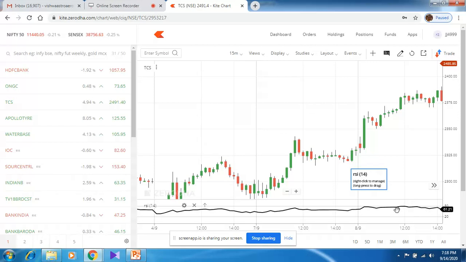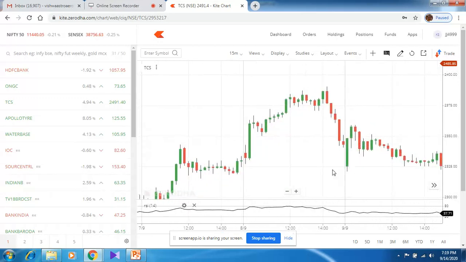For that, we need to observe this curve, RSI, Relative Strength Index. If this curve is near 80, then it is obvious that in the coming time, the market will come down. As you can see, it sustained in this region of 80 for a certain amount of time, and suddenly it came down, because this is the region of overbuy. The stock has been overbought. Now people are selling. All those who bought in the previous days are now selling here. So this is the indication of overbuy and oversell.